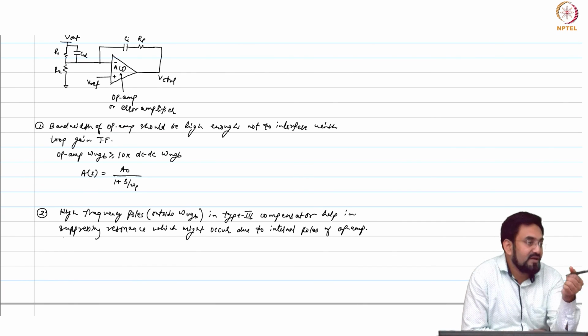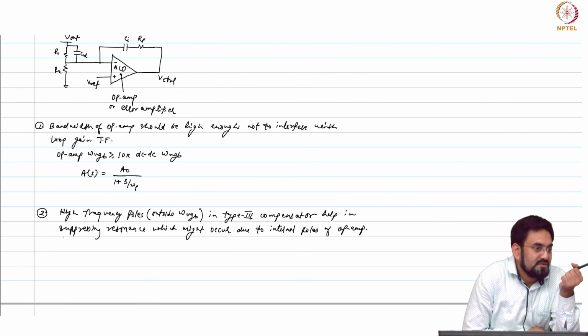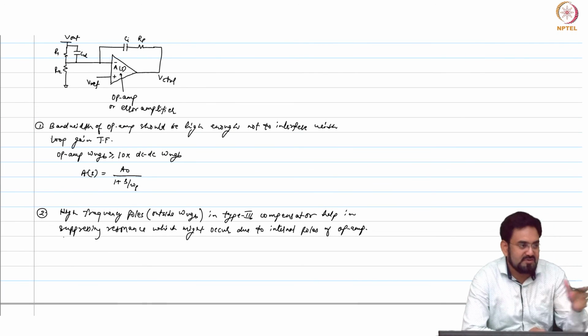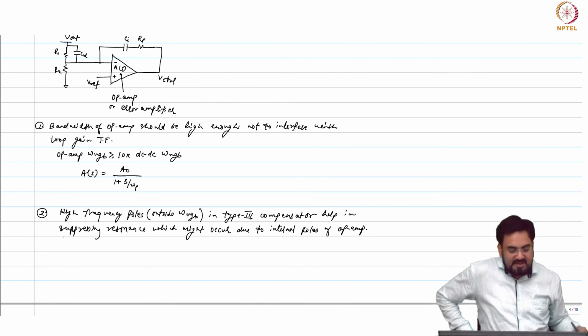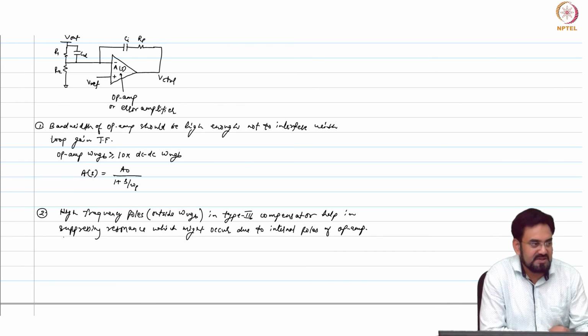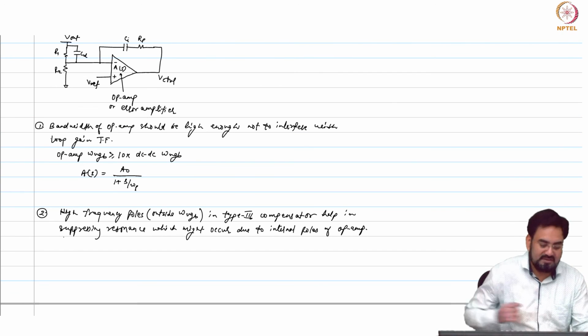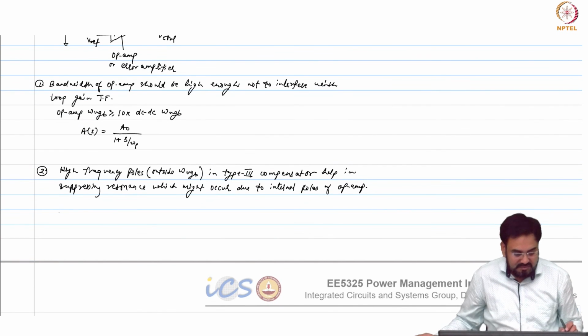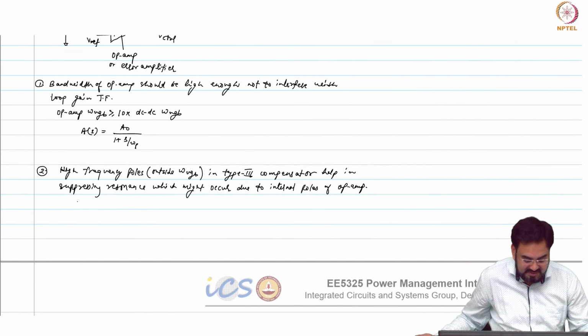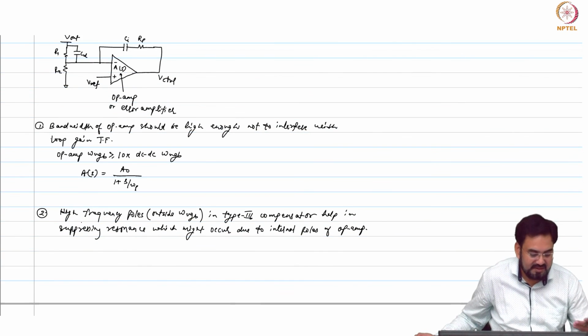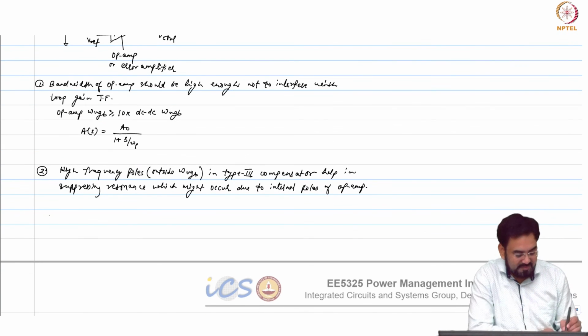Yeah, but this problem will not occur if you are using GMC. Okay, GMC is everything open loop, so you won't see any resonance or anything there. So your design may become simpler with the GMC, because the instability problem may not happen there. But when you are using an op amp, because everything is connected in feedback, things become a bit complicated. So if you can design your GM in such a way that your offset is not that high, then you may prefer to go with that if you are having any issues with the op amp.